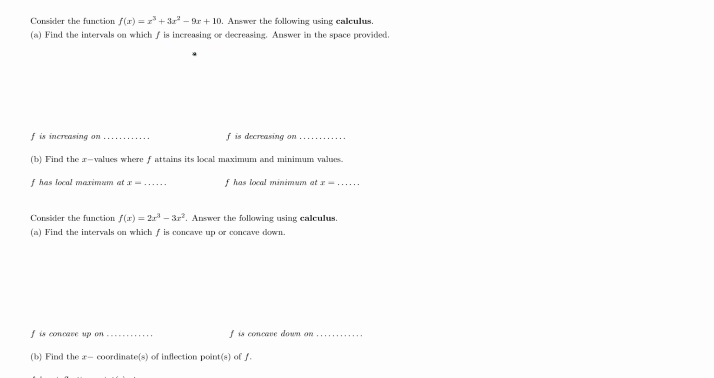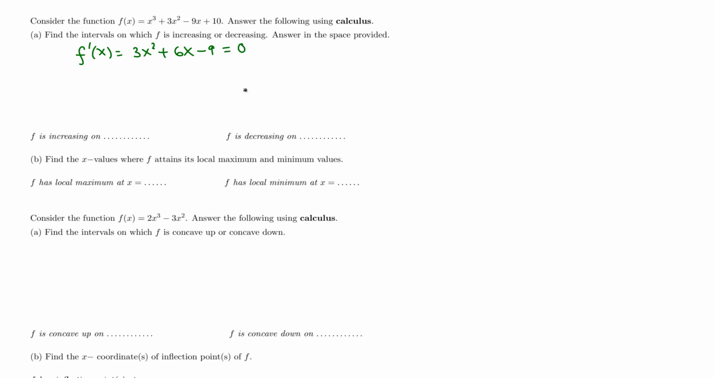Okay, for that we need to find the critical numbers. That means the x values where the derivative is 0. So let's find the derivative first. And the derivative of x cubed is 3x squared plus 6x minus 9. Now we set the derivative 0